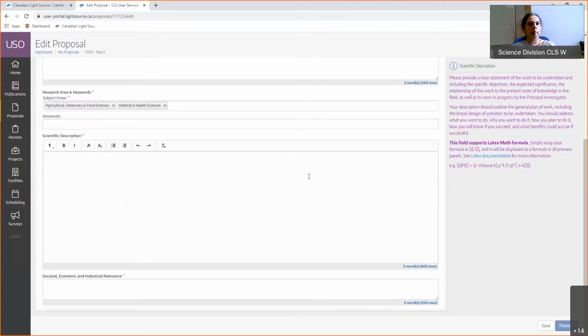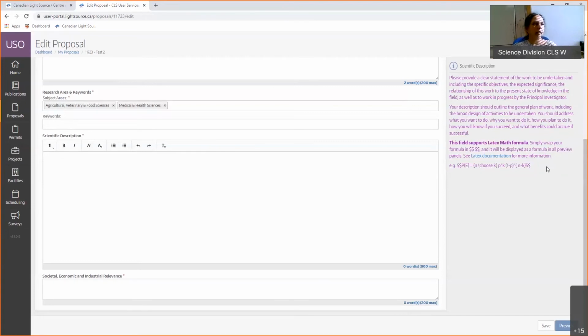Another thing, special characters or symbols sometimes don't come through very clearly. For example, micron: if you don't use the mu symbol, sometimes I write it out, micron. And if it is an equation, you have to use this format. Or if you are not comfortable using this format, you can write it in Word as a formula or equation, and then you can use it as an attachment.